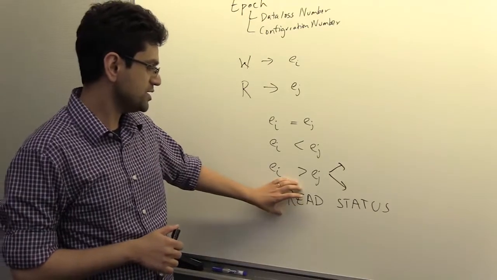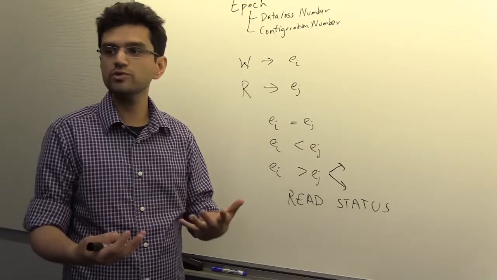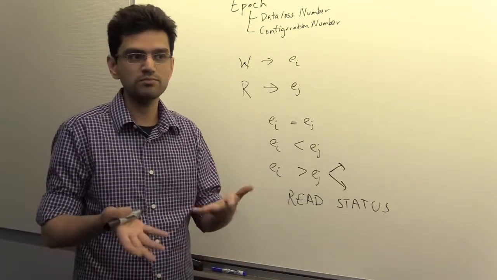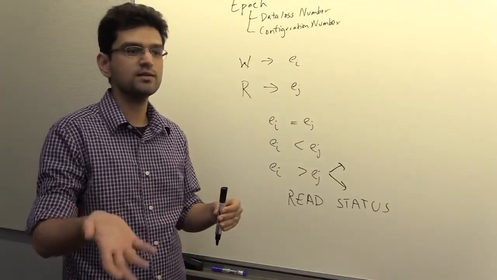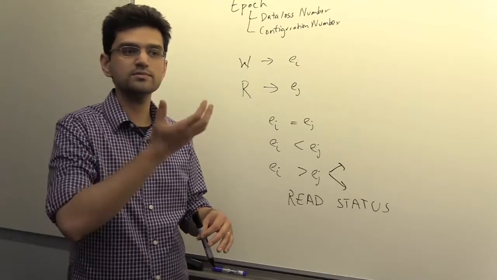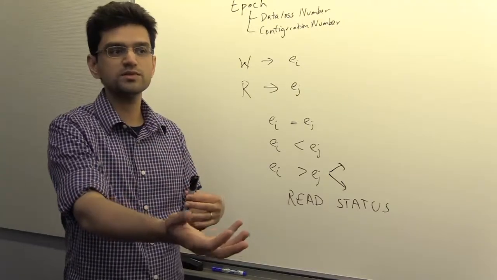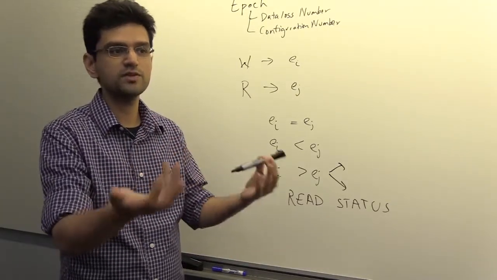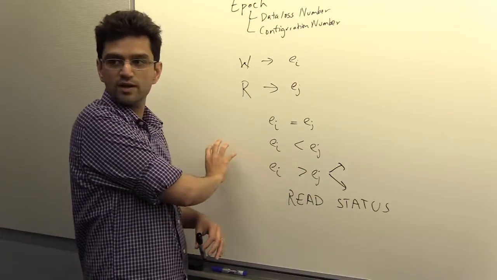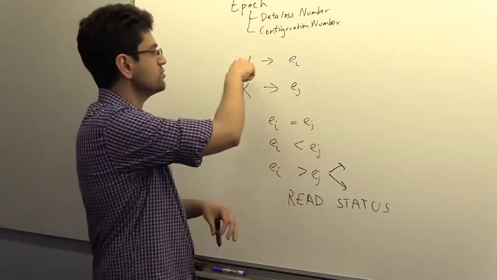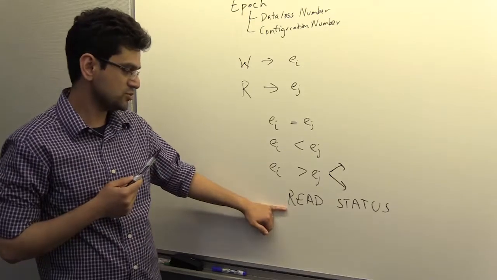So if you check the read status, that primary is going to say not primary, meaning I'm not the primary, you cannot service this read. And the expectation is that the client will observe this and see, oh, I'm not primary. I need to find who the current primary is, go to the naming service and say, okay, give me the address of the latest primary. That should eventually return the address of EI or whoever is the current primary, and go and read from there where you will observe W. So that's the mechanism in which that's supposed to work.